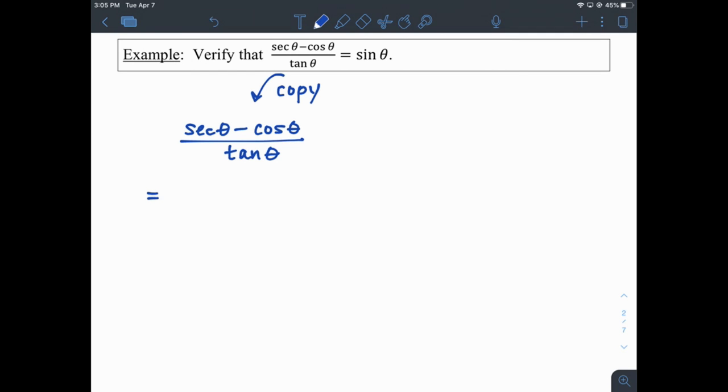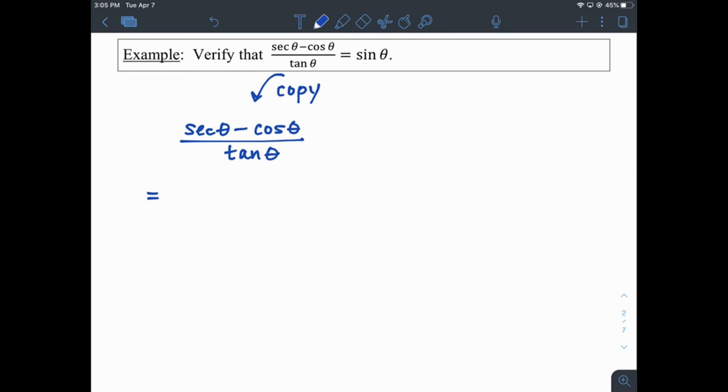So now we want to step back and take a look. I see a couple of options to start. Option number one, we can throw some identities at this. We have three different trig functions. It's not very easy to operate with three different trig functions. So getting it all in terms of sine and cosine, that was one of the trig tricks I gave you in the previous lesson. Getting everything in terms of sine and cosine is frequently a good way to start,